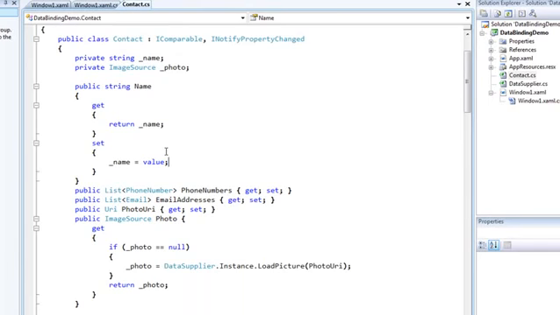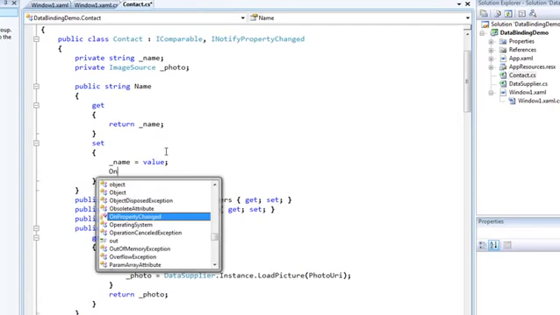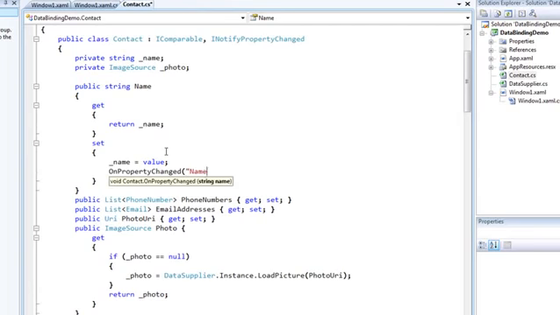So now my class is notifying anybody who cares, which in this case is the dependency property in the user interface, that something has changed. And so just by making that change to the contact class, and notice I didn't make any change to anything else. I didn't have to register for an event handler somewhere else. I didn't have to modify the UI code in XAML or XAML.cs. All I had to change was the contact class to implement INotifyPropertyChanged. And now when I execute this,